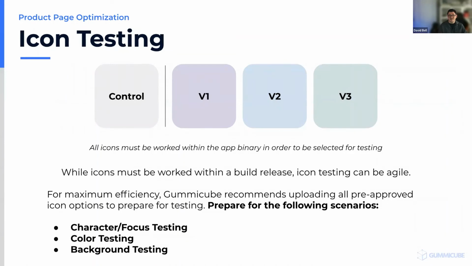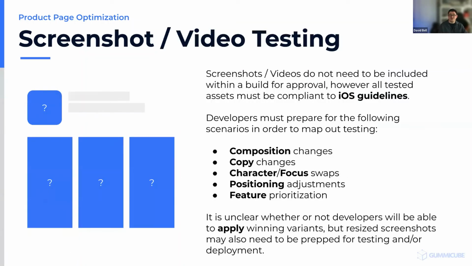When we look at icon testing, we're looking at a number of different things from a product page standpoint with iOS 15. We're looking at what colors or what characters can we have inside an icon? What backgrounds will we have? Does something busier or less busy work? Is it brand focused or is it feature focused? All these things are important because the icon is not just an element that appears on a product page, it's an element that people see in the search result and can cause them to stop and download your app while they're browsing the App Store.